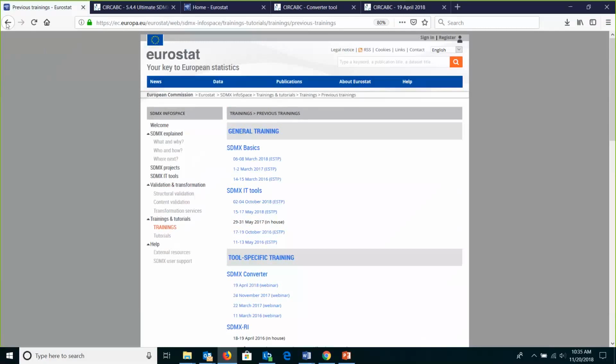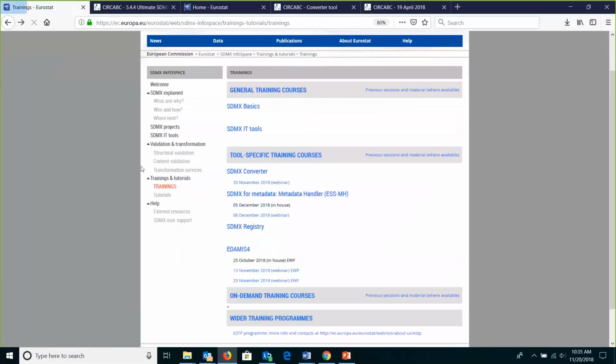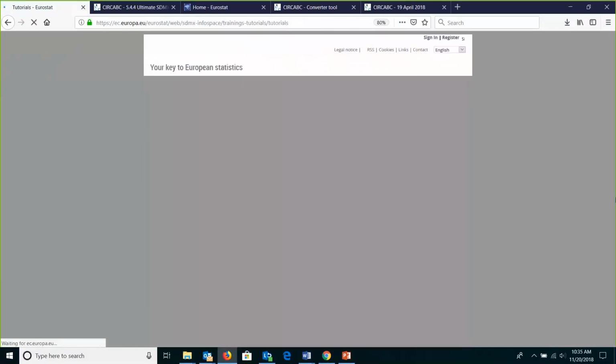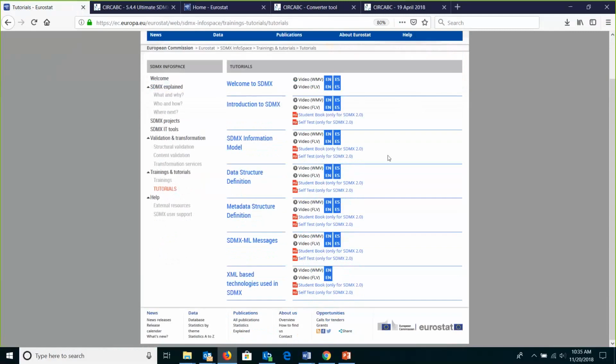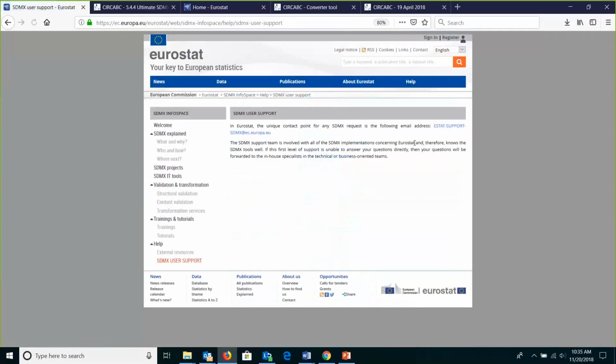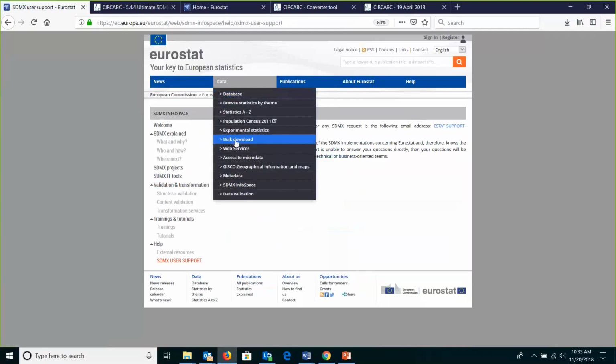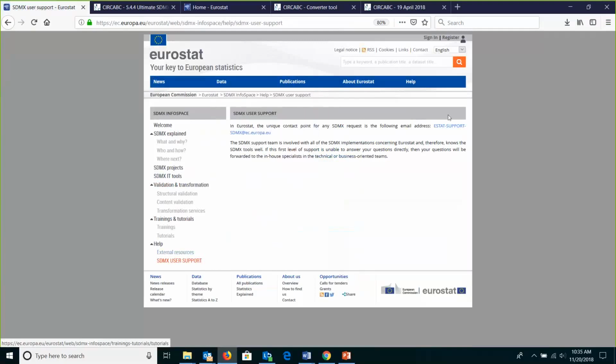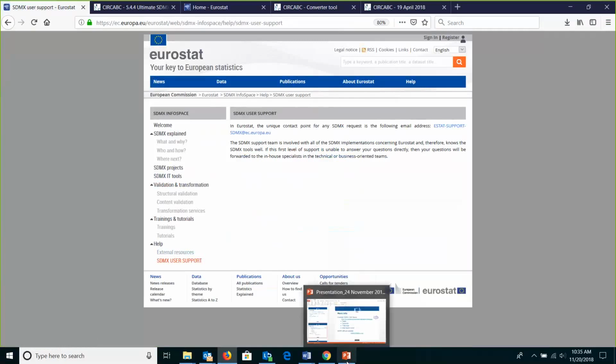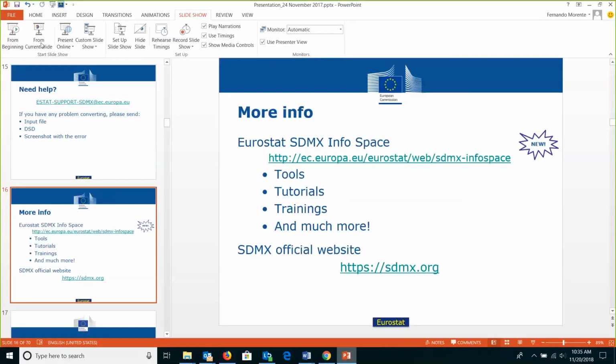Then you have tutorials, and the email address I just mentioned is available here, so you don't need to take notes. You just come here if you need it: Data, SDMX InfoSpace, SDMX user support, and you use the functional email address if you have any questions. Okay. So now, the